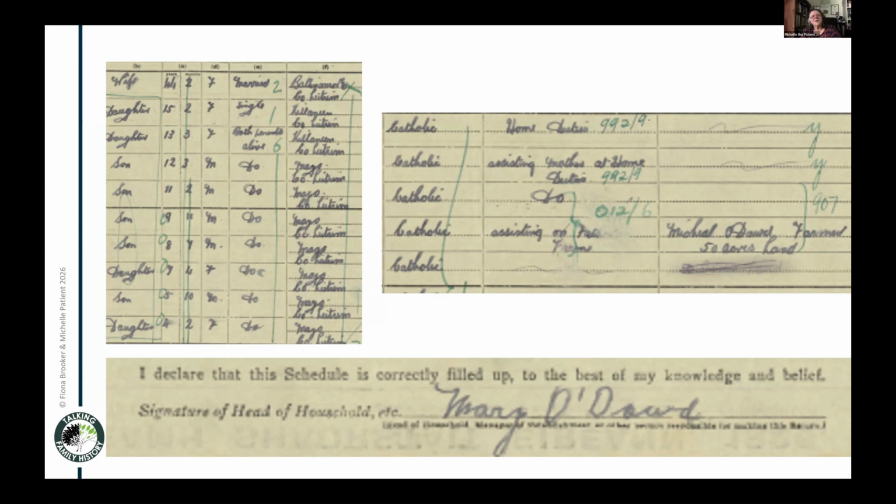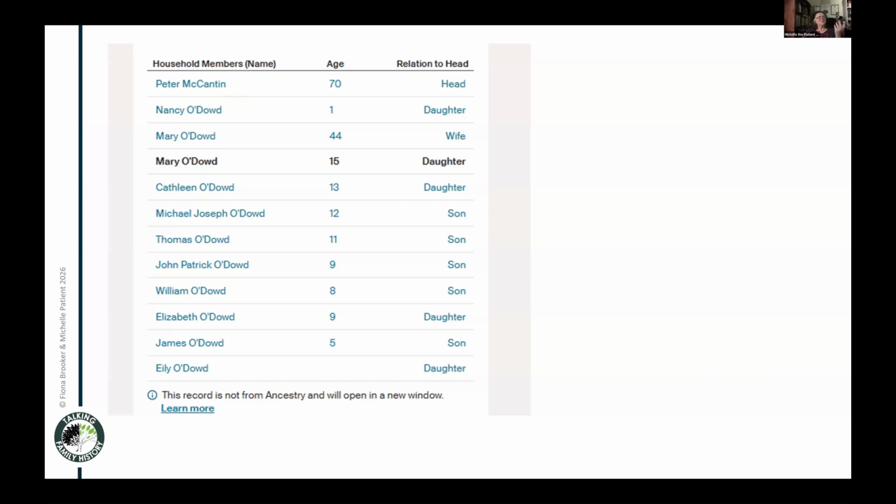And there's Dad's name, Michael O'Dowd, farmer, and he's got 50 acres of land, which is a lot of family, but a reasonable amount of land for most parts of the country. And he's certainly not frightfully old either. He's about 12. So bearing that in mind, and Mary filled the form in, and there is no mention in this list of Michael. So that took me back to look at the full list again at the bottom of